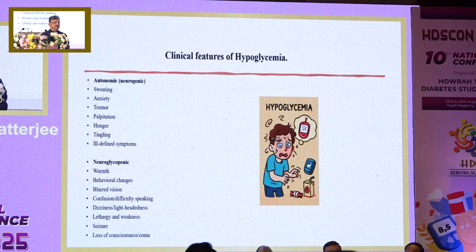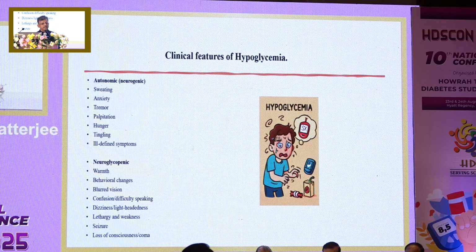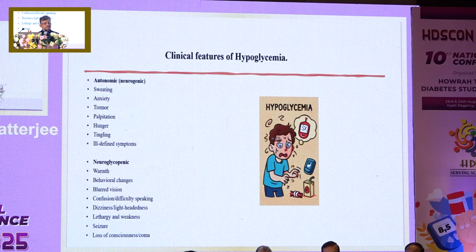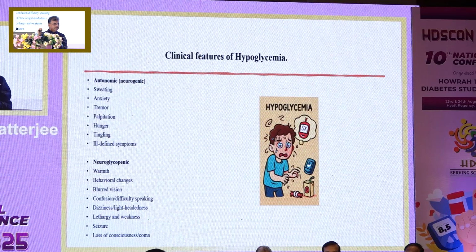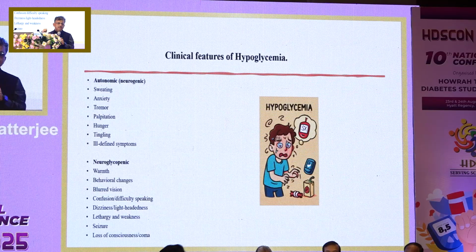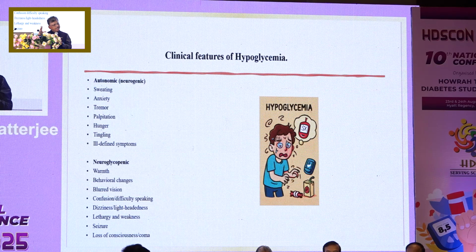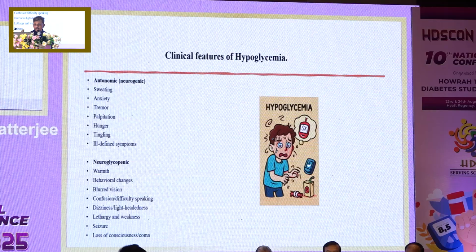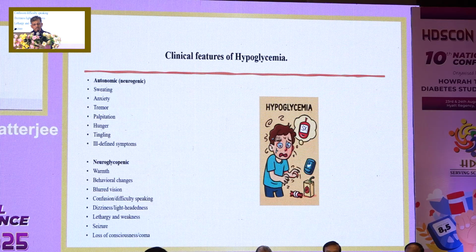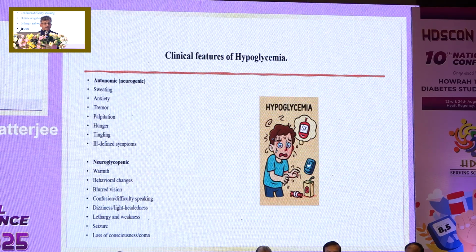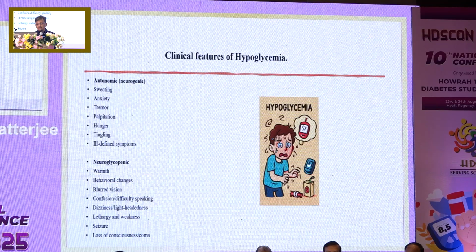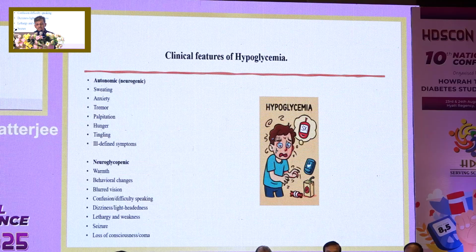Now there are clinical symptoms. As you know, presentation of hypoglycemia can be very varied, and there are two sets of symptoms classically explained as autonomic symptoms and neuroglycopenic symptoms. Very important to understand that severity of hypoglycemia is often related to the neuroglycopenic symptoms, as the autonomic symptoms may be vague and at times can be confused with other diagnoses. So neuroglycopenic symptoms are probably more characteristic of hypoglycemia and can be related to the degree of hypoglycemia, so that severe hypoglycemia can be associated with loss of consciousness, convulsion, and even coma.